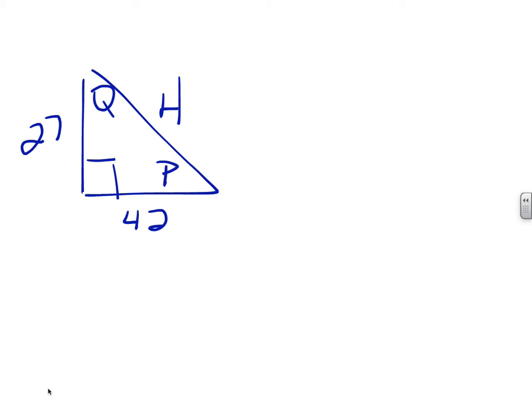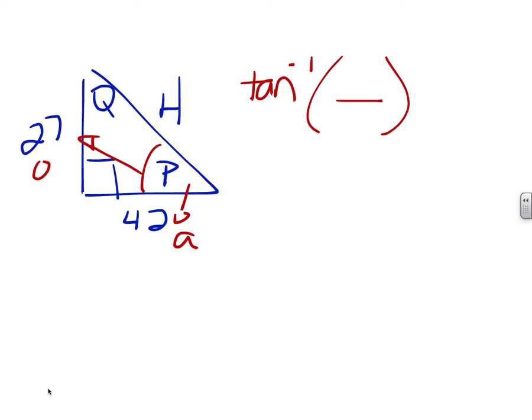Now, again, we have to pick one of our angles. So the angle I want to pick this time is P. Compared to P, 42 is adjacent. Compared to P, 27 is opposite. If we have opposite and adjacent, that's tangent. Again, since I'm looking for the angle, I want to do tangent to the -1. And then inside I do what tangent is. Tangent is opposite over adjacent. So the opposite side was 27. The adjacent side is 42. So if I just do tan -1, or second tangent,